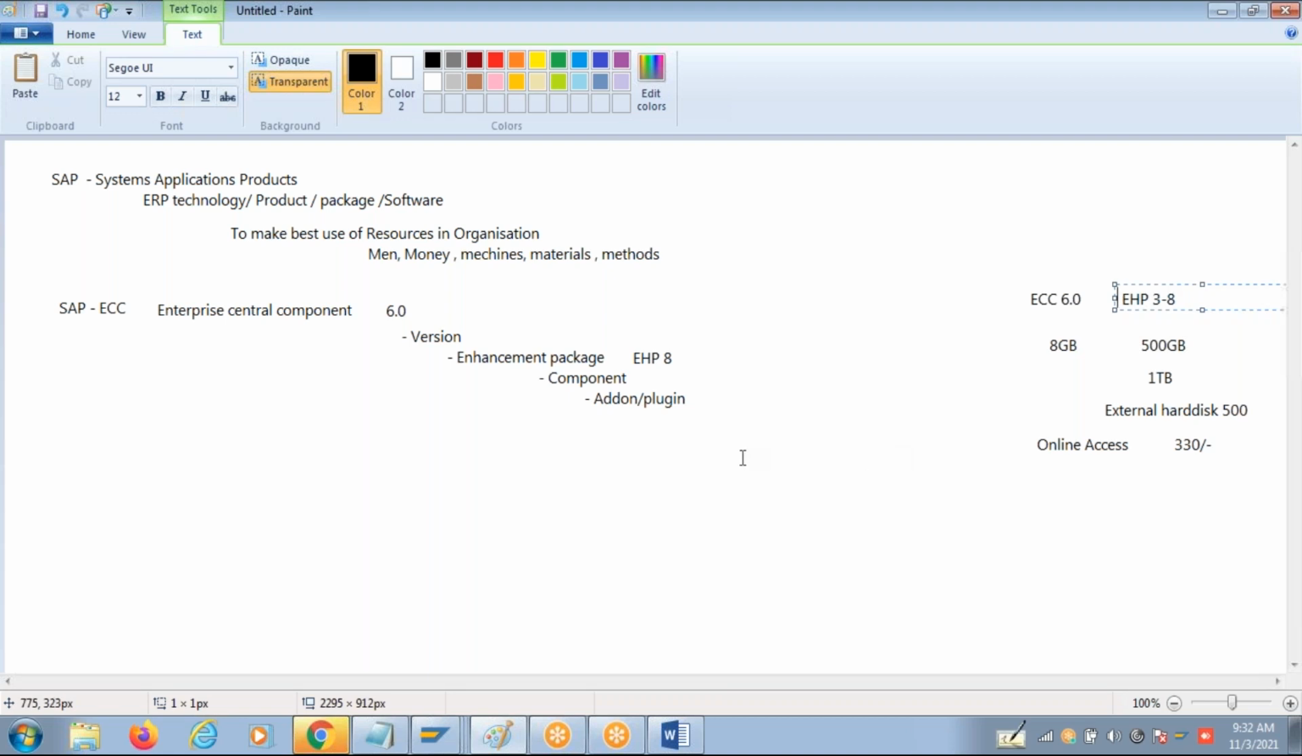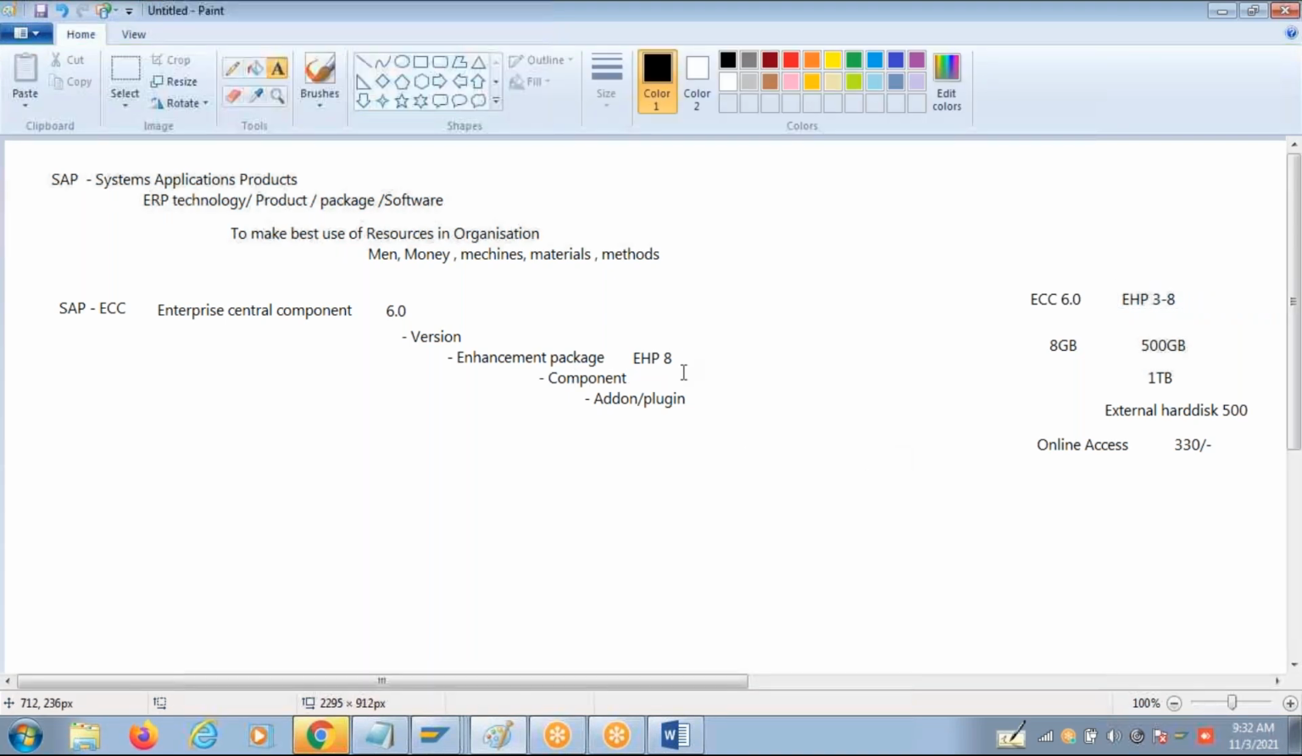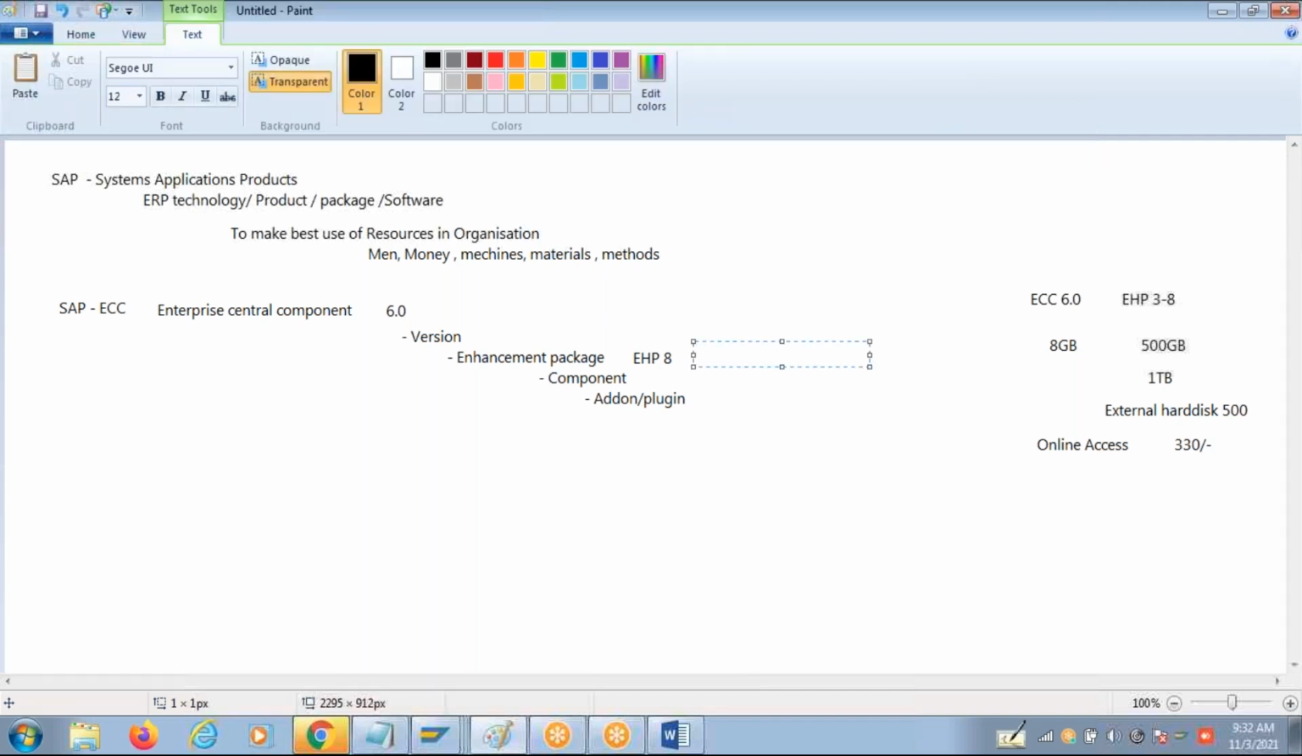Clear? So component is the next one. When you talk about enhancement, it brings changes in multiple modules, 3 or 4 additional applications on average. Component is like one scenario. Okay, for example,